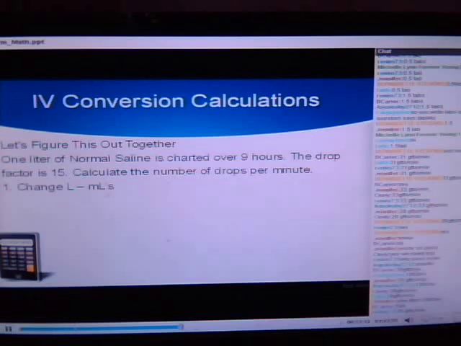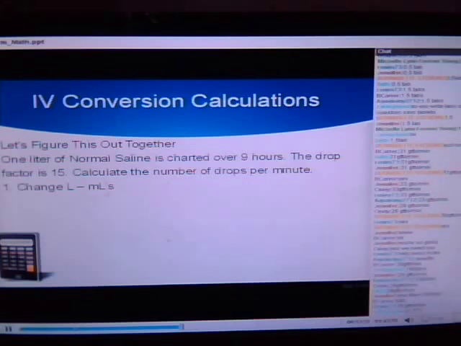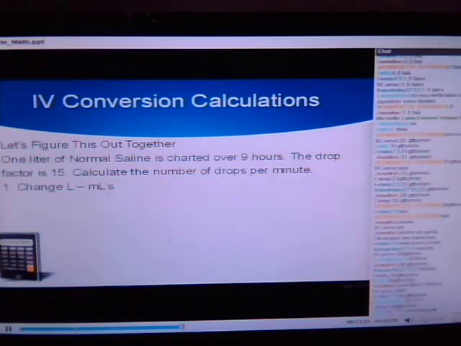1,000 times, even I have to do my math, which is good because I don't know what 9 times 60 is off the top of my head. So we come up with